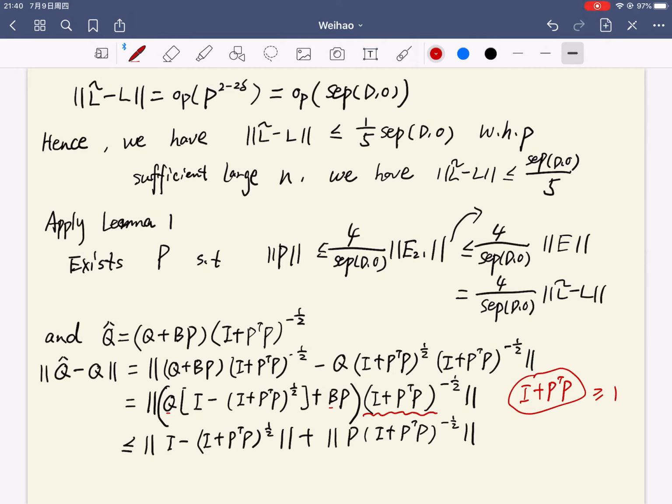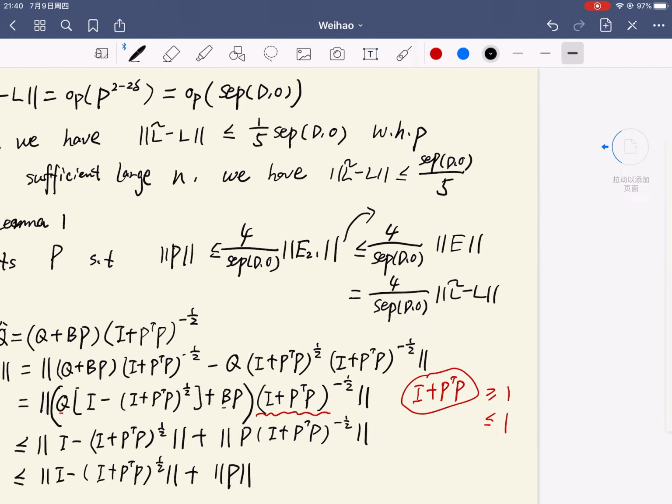So if we take the inverse, all the eigenvalues are less or equal to 1. And it can be further upper bounded by